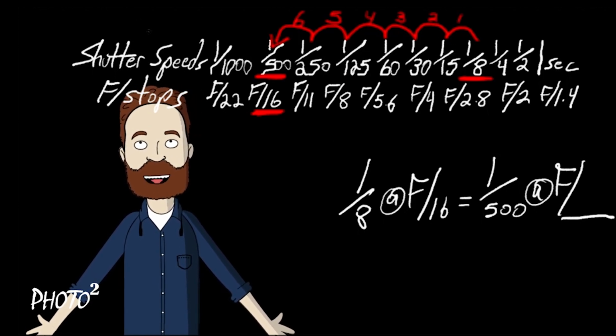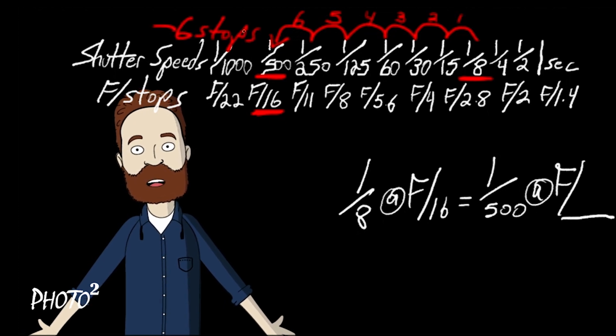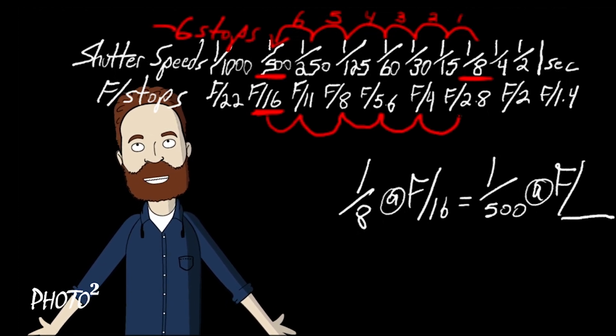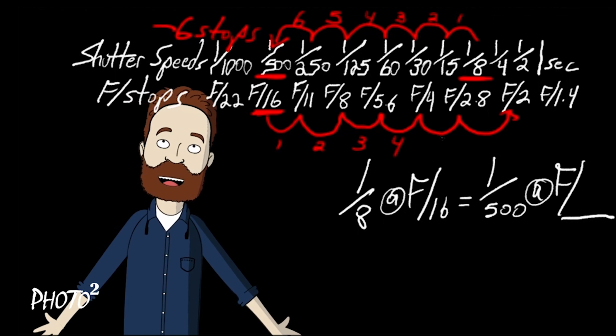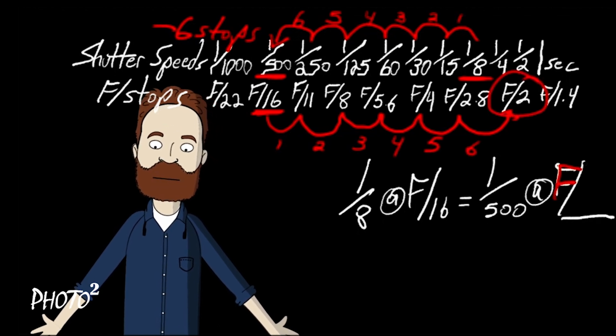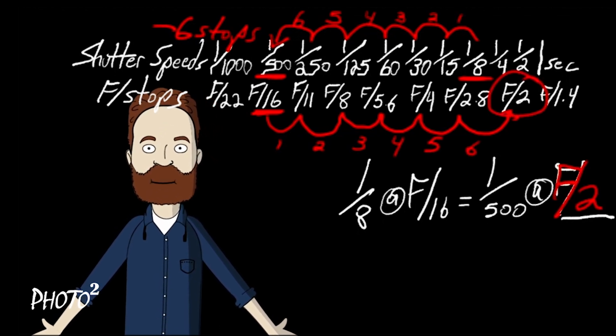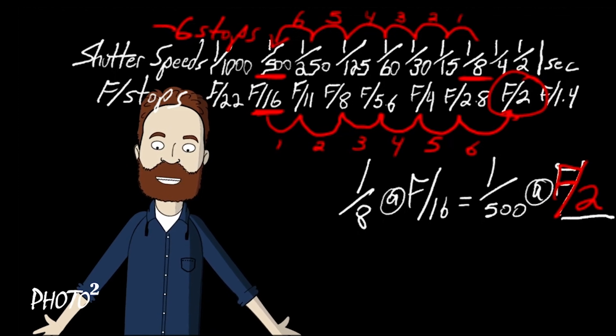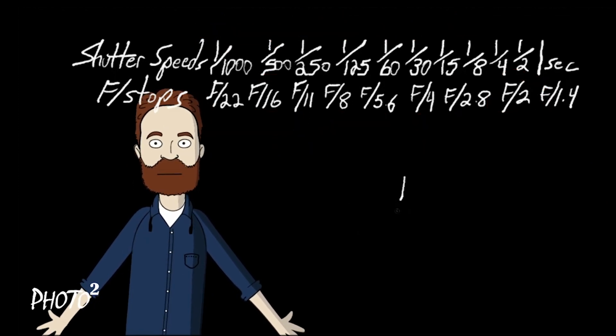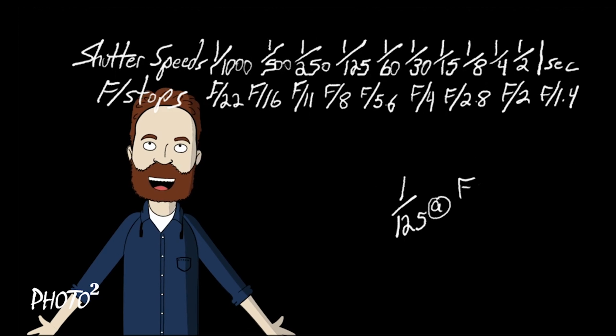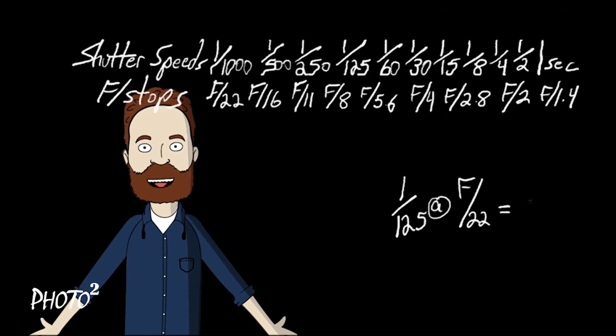6 stops less light. So in order to balance out the equation, we need to have 6 stops more light on the f-stop scale, which is going to be f2. So not only did I freeze something, but I also attained a very shallow depth of field with that second choice of shot. Now, let's go with 1/25th at f22 equals 1/8